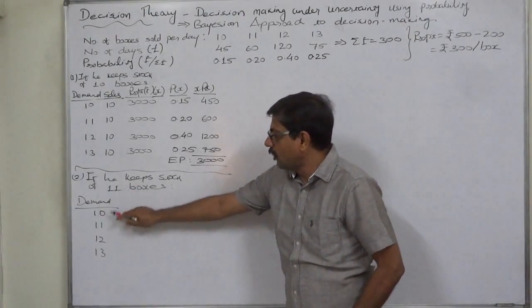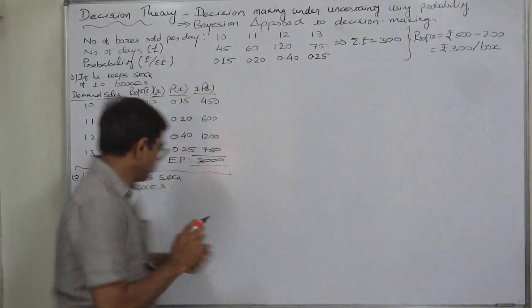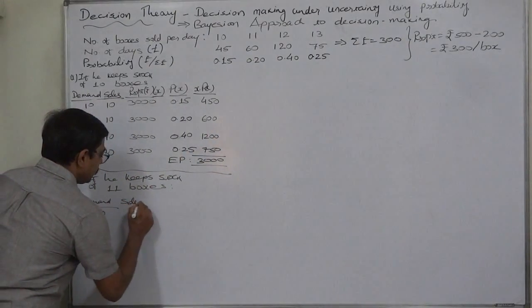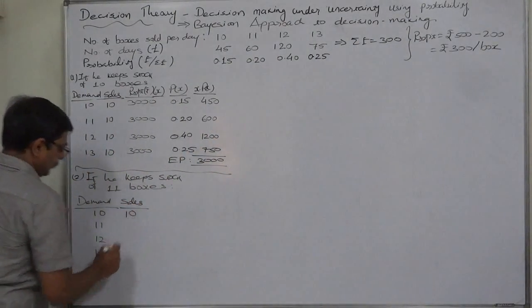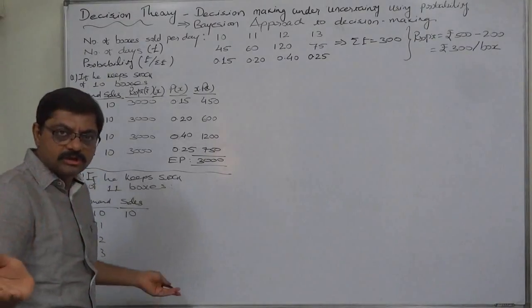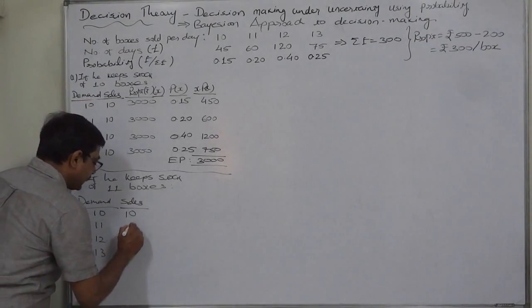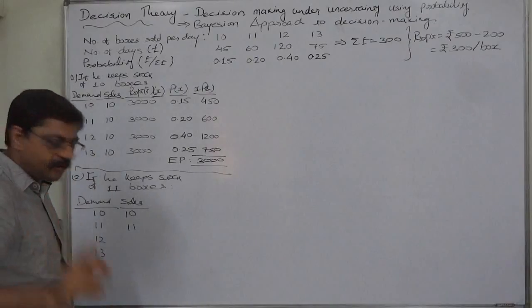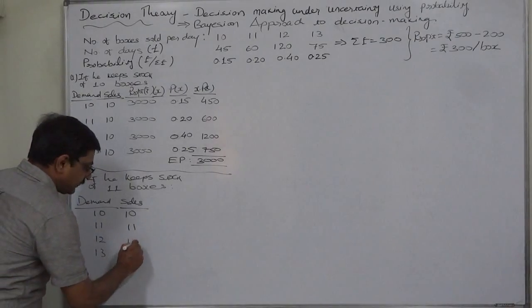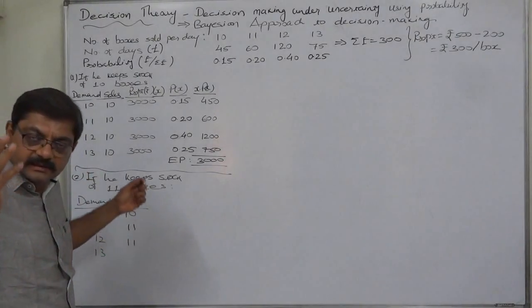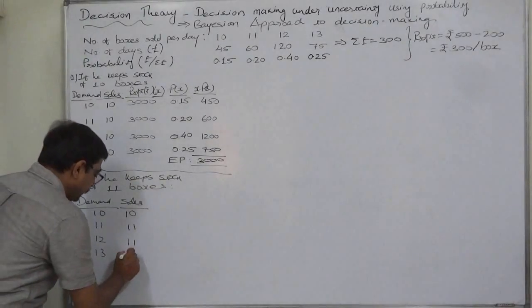So whichever is lower will be the sales. It will be 10, but he has 11 boxes and demand of 11, so he can sell 11 boxes. He has 11 boxes and demand of 12, then he can sell 11 boxes only,